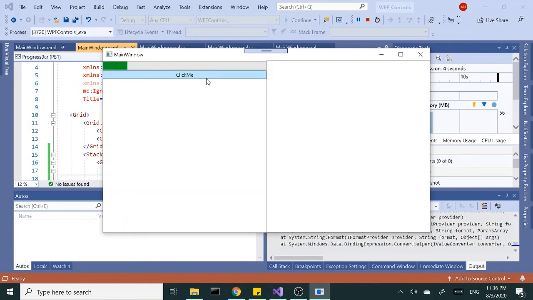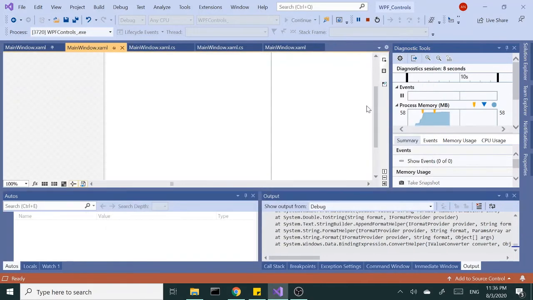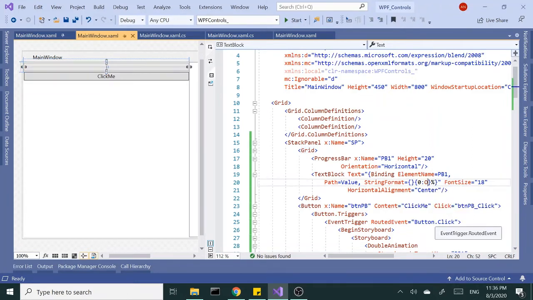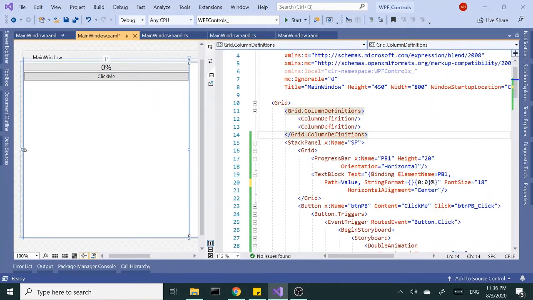Let's click the button, and it's not showing. I wonder why. All right, so we bound to the, okay, this one here, this is not 0, oh, that's why. Okay, now it's showing 0% here, you can see. So now if I run this,